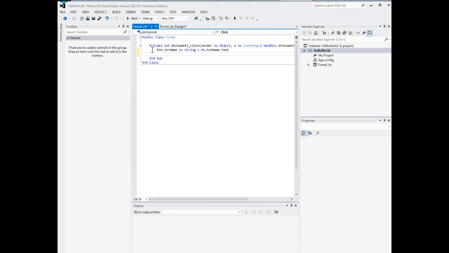Now on the next line, what I'm going to do is I'm going to just put in some very simple code here. I'm going to add some text to my label on the bottom of the screen. So me.lbl greeting.text equals,